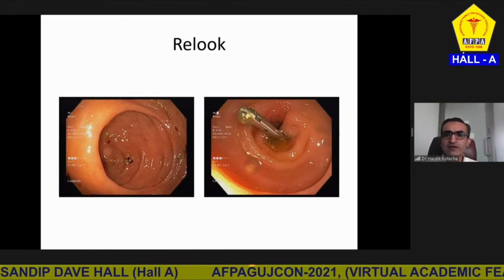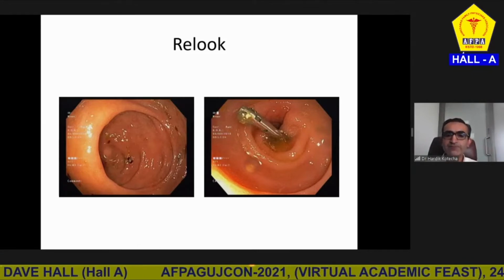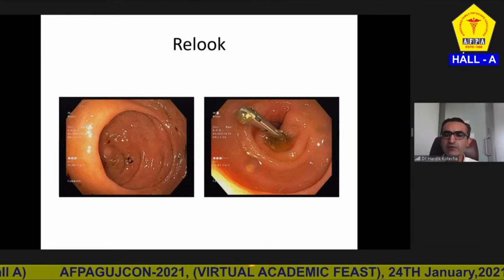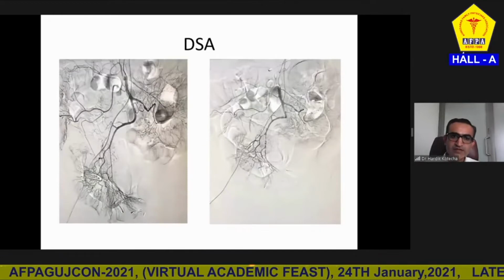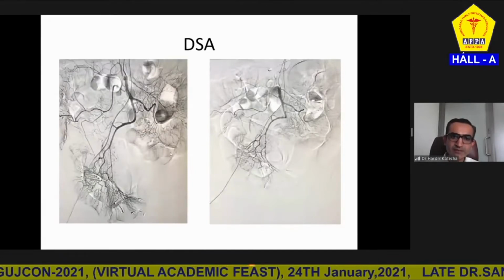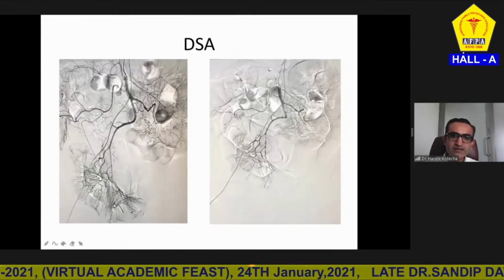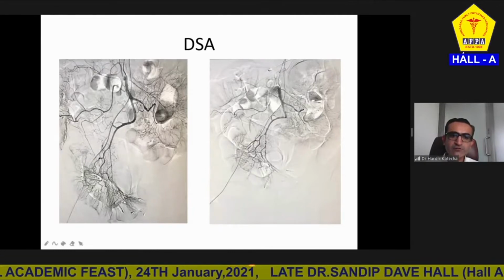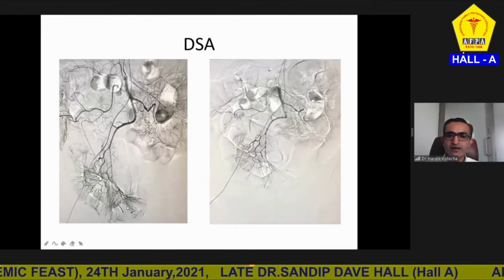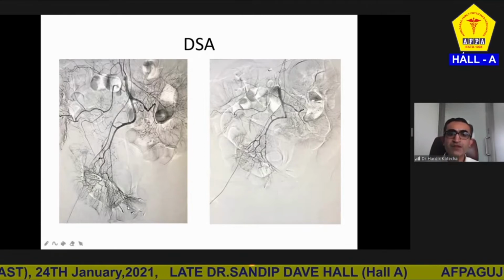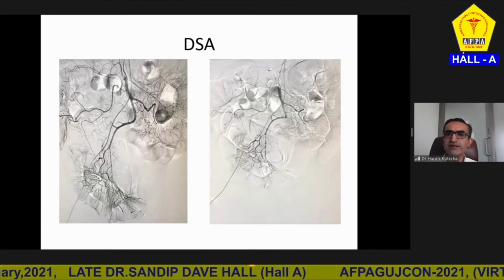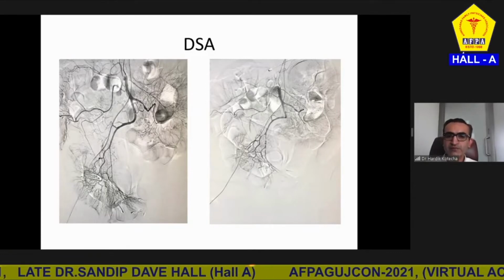So I called my fellow intervention radiologist, and I told him to do a check angiography and see what he is seeing. So the intervention angiography was done, DSA, and you can see these multiple clips which I had applied, and there is an abnormal blush of contrast in this area. So there are some AV malformations. There was no extravasation of contrast even on angiography, which means that the bleeding is not happening. But the blush was there.